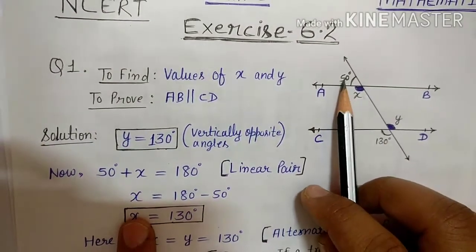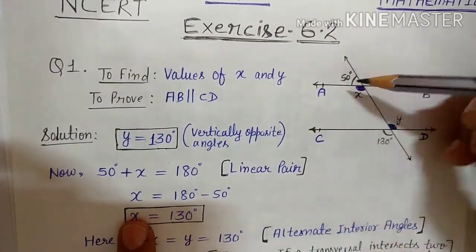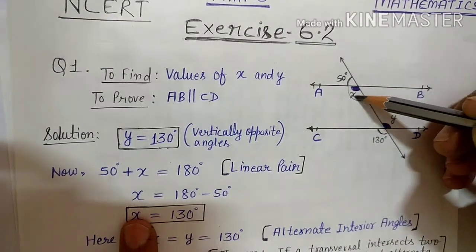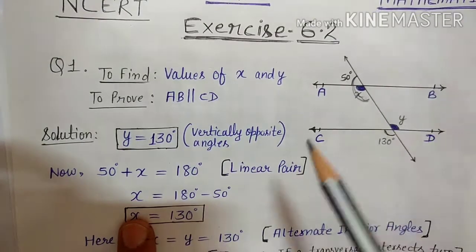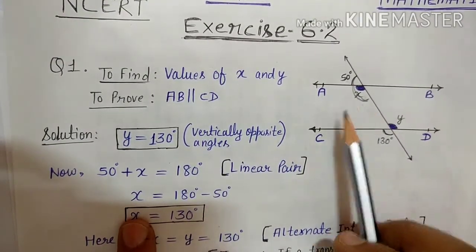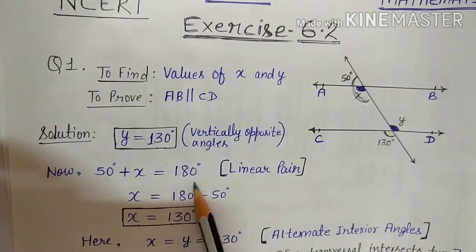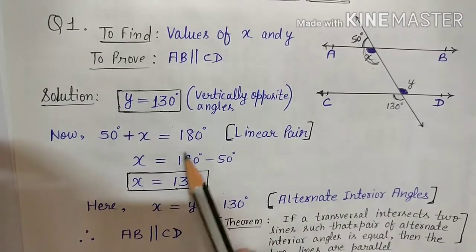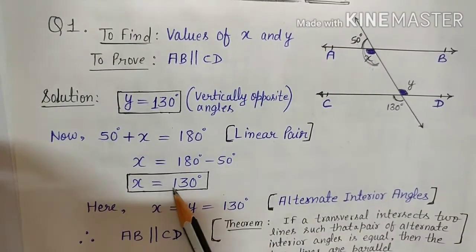Now just check this and this angle. This is a straight line going like this, and these are making a linear pair. So this angle plus this angle, the sum should be equal to 180 degree. So 50 degree plus x equals 180 degree. So in this way we can find the value of x. So x equals 180 minus 50, that is